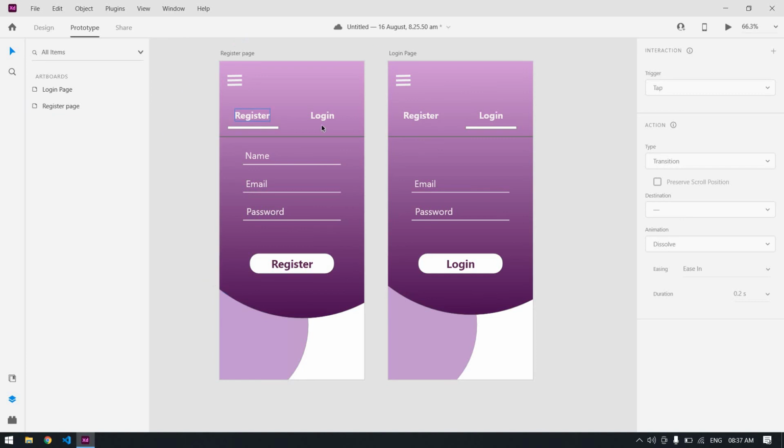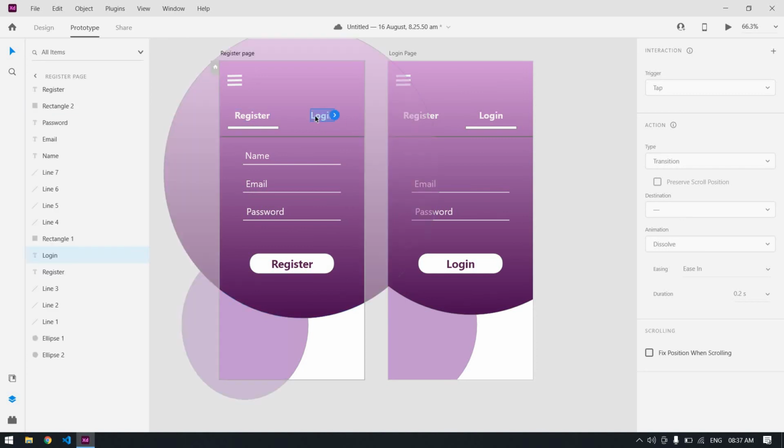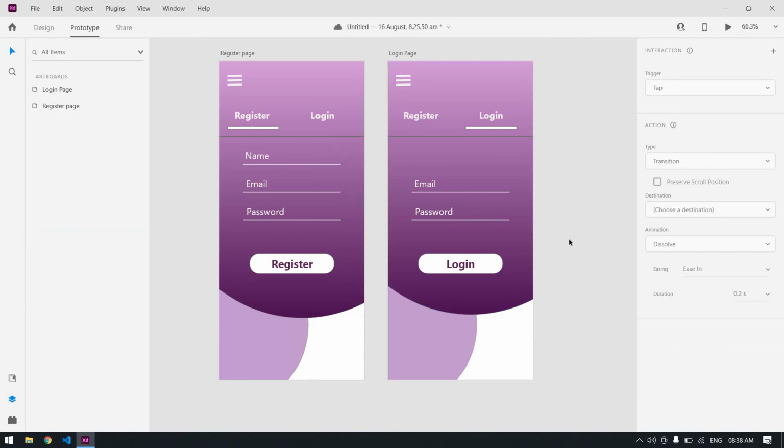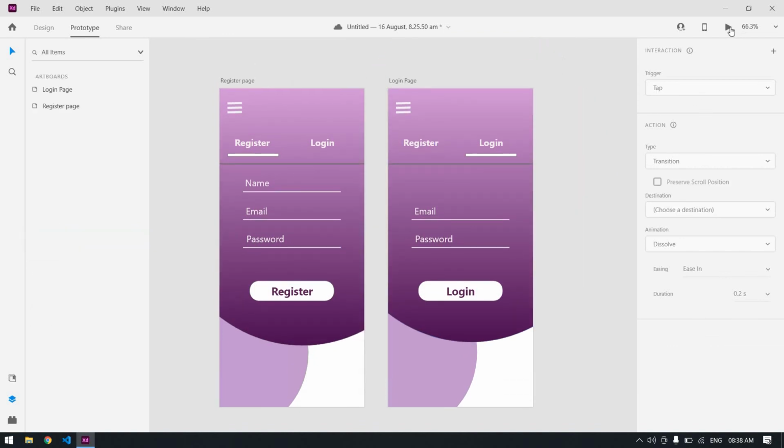If user click the login, it will navigate to this page. If user click register, navigate to this page. Now I'm going to run this.